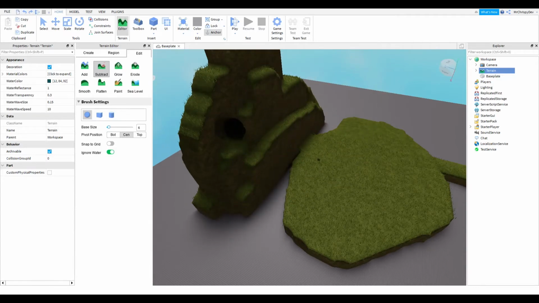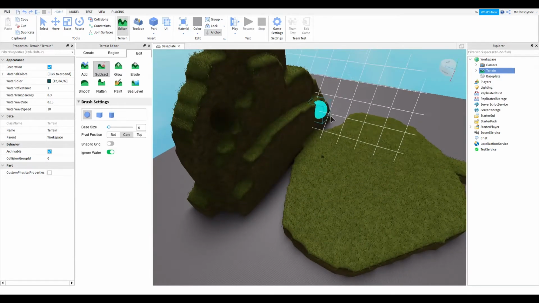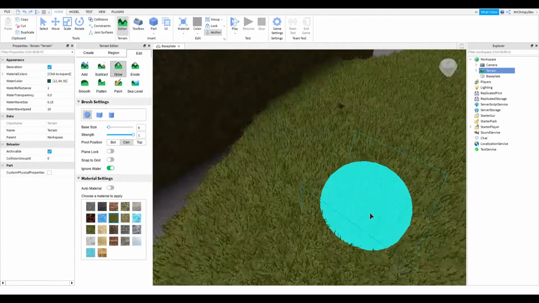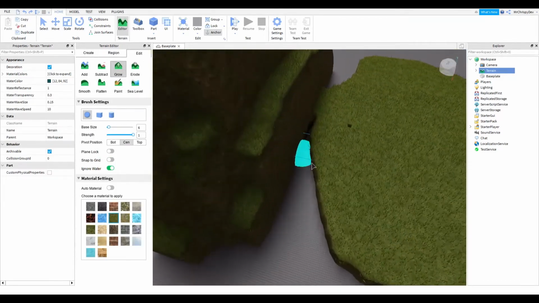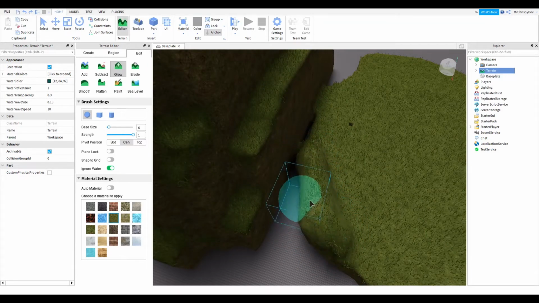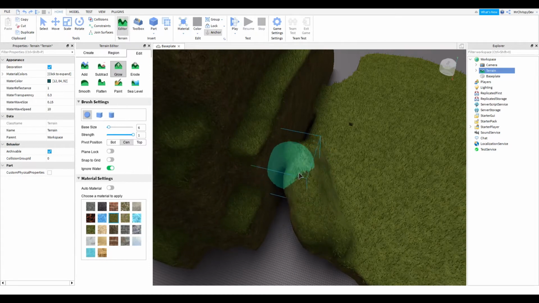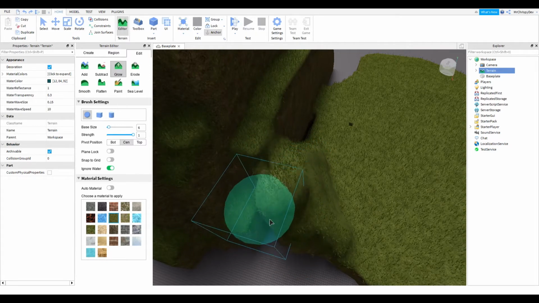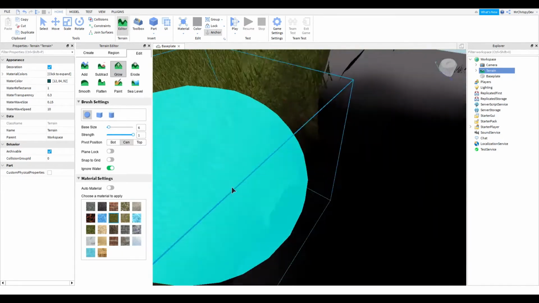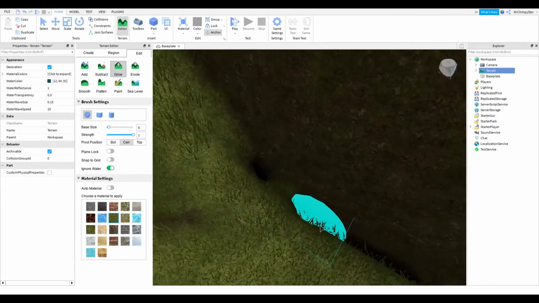That's pretty simple. The next tool we're going to do is grow. This one is pretty interesting. If you want to get into that architect look, you want to have it a little bit nicer, it just adds onto it, but it doesn't add a full cube. It's more of a filler. So, for example, right here, you might just want to fill this in right here,